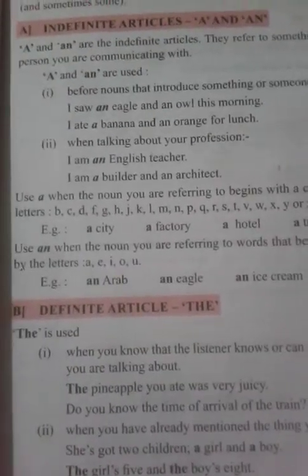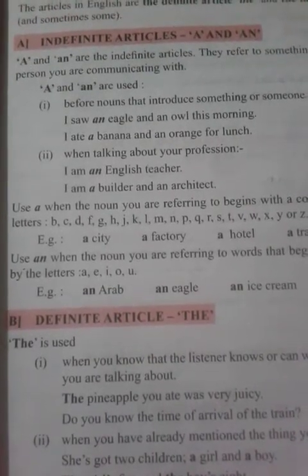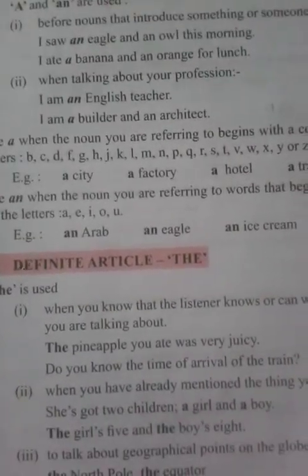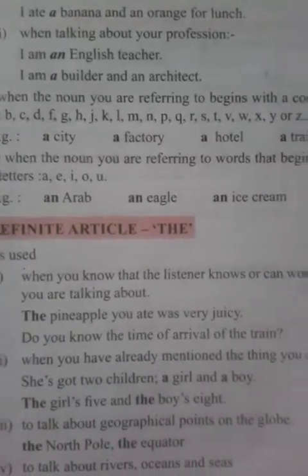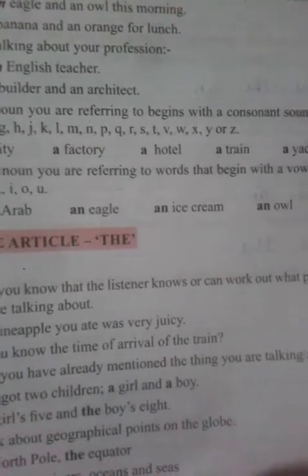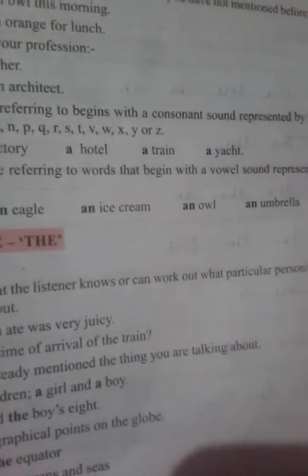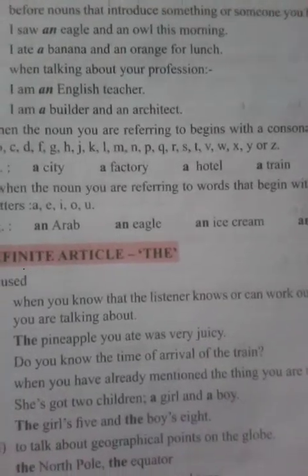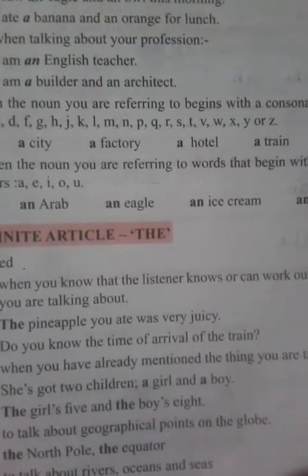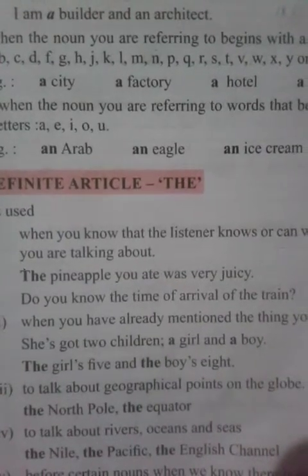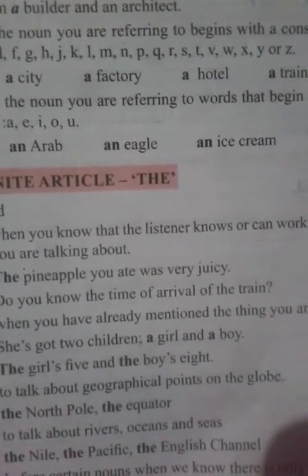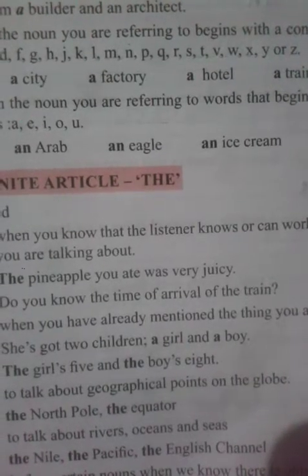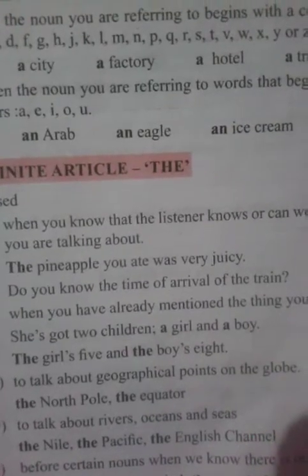Let us see the next one. Definite article the. Now when to use the? The is used when you know that the listener knows or can work out which particular person or thing you are talking about. The pineapple you ate was very juicy. This is the first sentence. Do you know the time of arrival of the train? So when you have to put the, see,